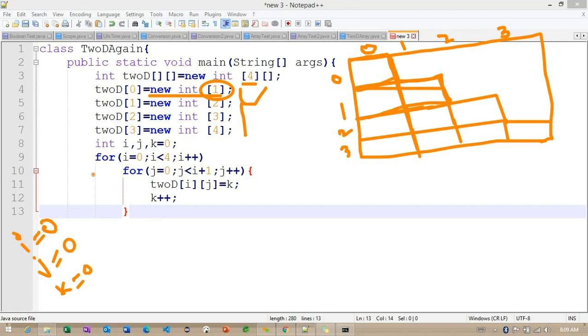Okay, so back to here, this condition will satisfy. And what about this particular condition? J value 0. I value how much are we having? The I value is 0. 0 plus 1, it will become 1. And the condition is satisfying here.